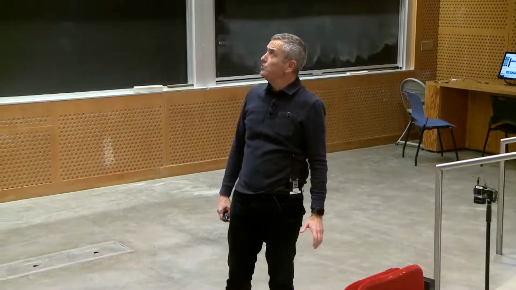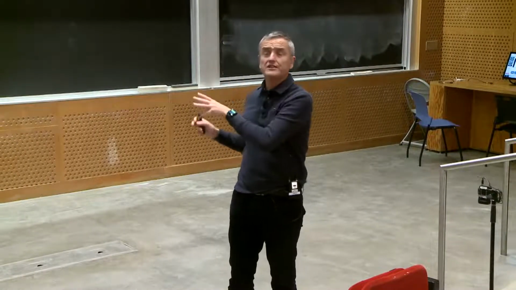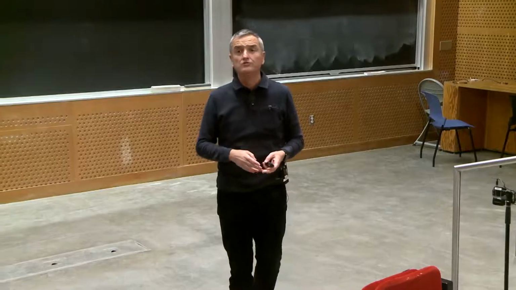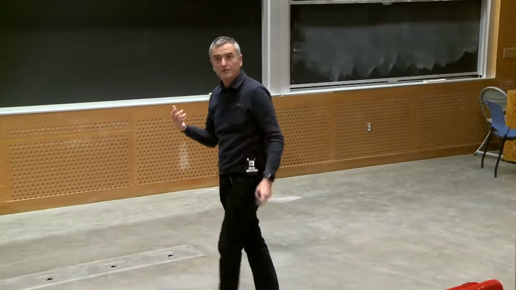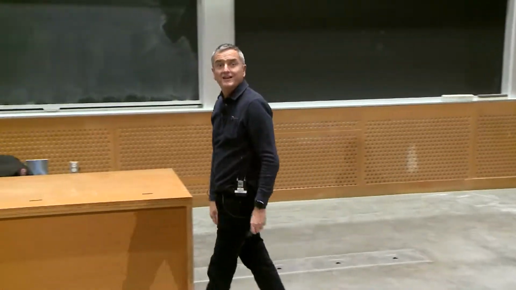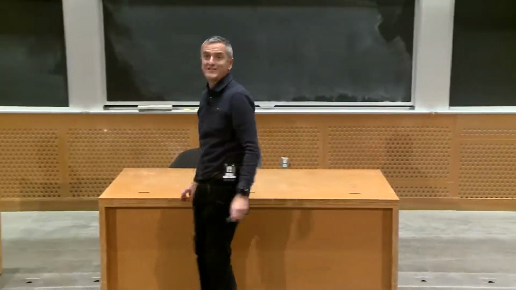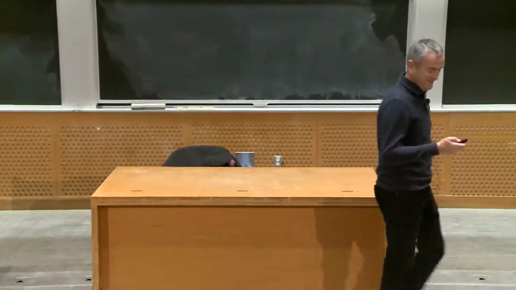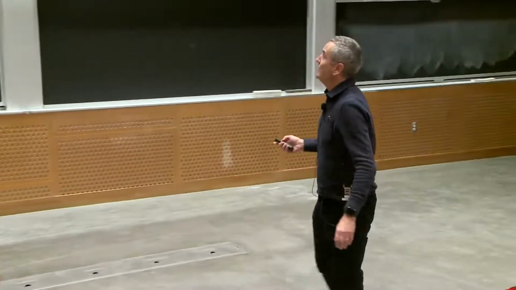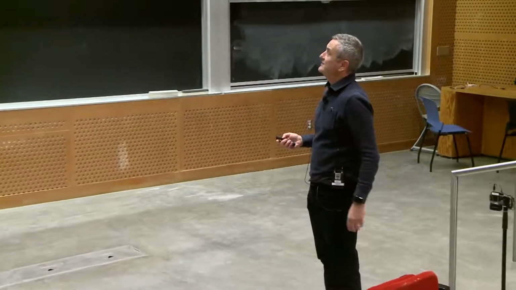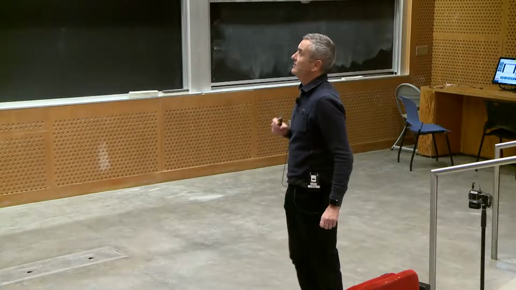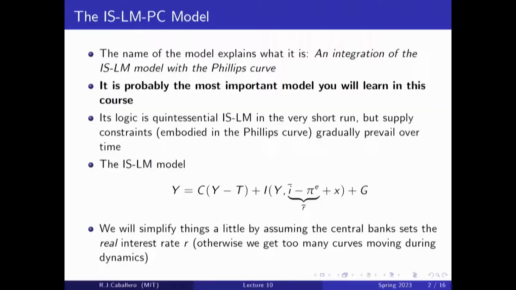Also, I want to use this model itself a little bit more to explain what is going on right now. Today, we got hit by a second shock from the financial system. And so it's getting exciting these days. So let me skip all this and remind you where we were. That's the IS-LM-PC model, which I said is nothing else than just integrating the IS-LM analysis with the Phillips